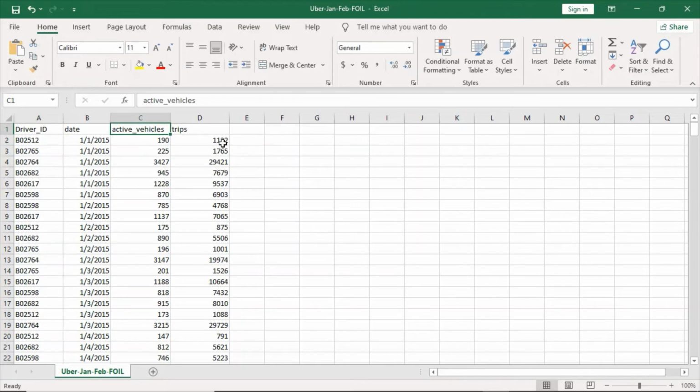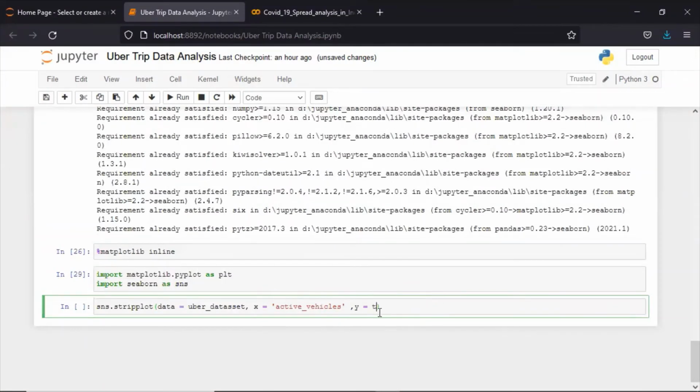So in my Y axis the trips will be there, and on the X axis active vehicle will be there. So here in this Y, I am taking trips, and I will run this.